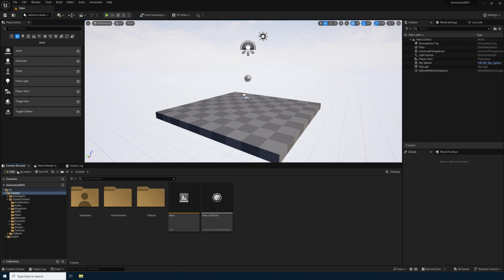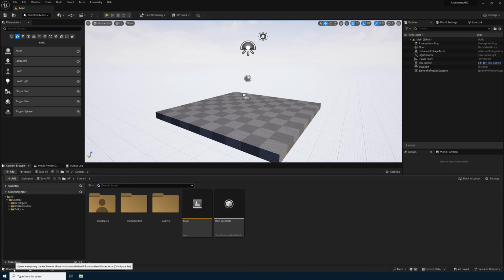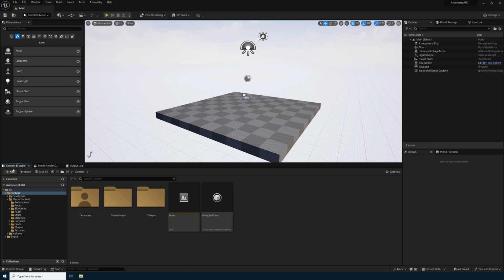The Content Browser is pretty much the same as this content drawer. I just prefer this workflow because it's easier for me to see my content. Again, this step isn't necessary, but if you want your layout to look like mine for this tutorial, that's how you do it. Now that my layout is set up the way that I like it, we need to change